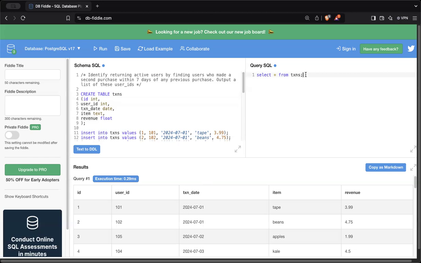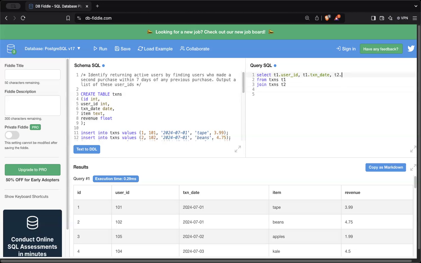Now, there's multiple ways to answer this question, but let's just try a self-join way. Because we need to know per user any transaction that they have created plus any other transaction. And if those two transactions are within 7 days, then we can answer this question. So here, just name this first one T1 user ID and T1 transaction date. Okay, we'll do a self join, transaction T2, and the T2,